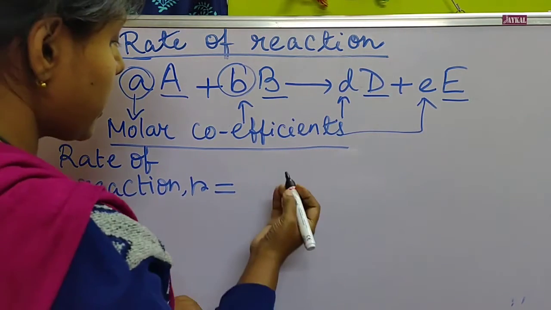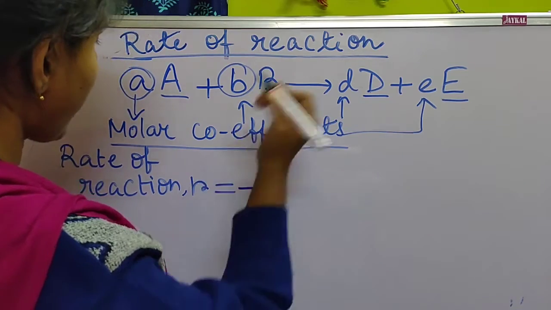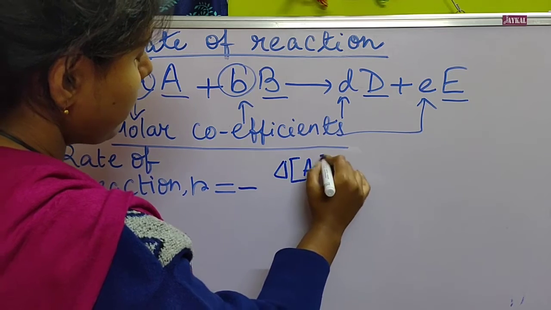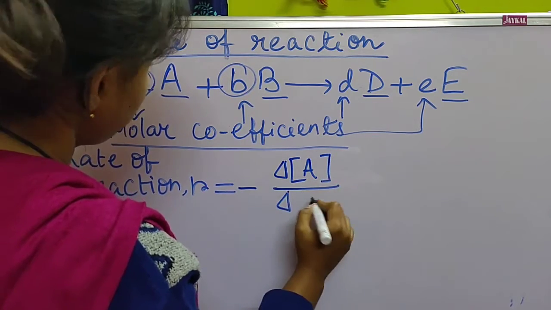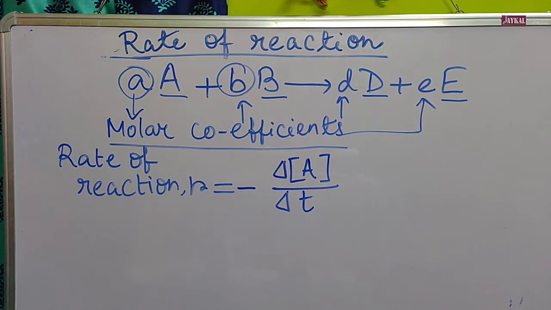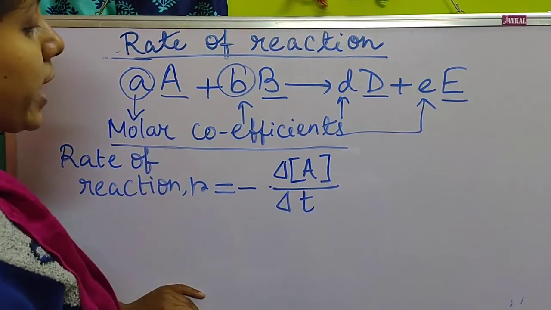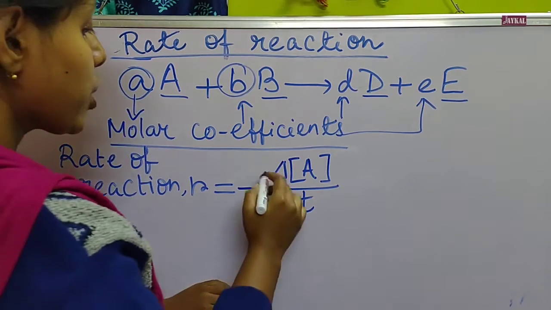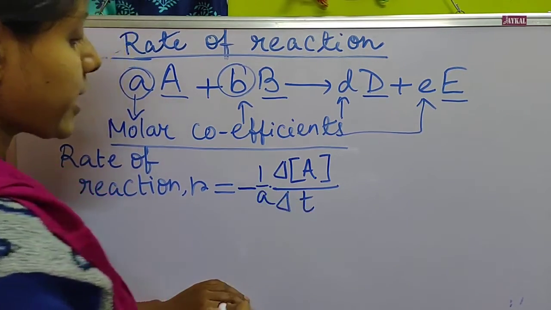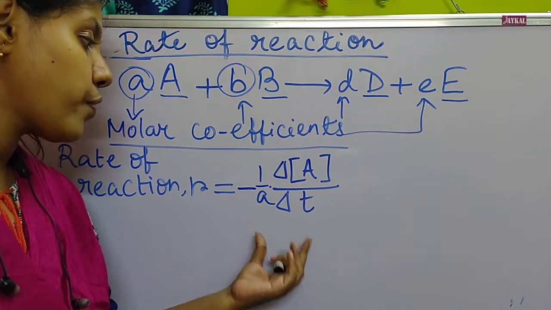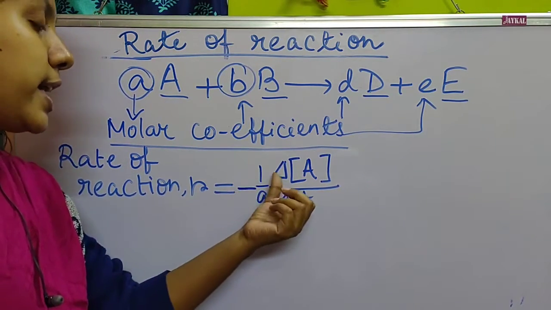So when we express it in terms of A, we write minus delta A by delta T. Delta T is a certain time required for the reaction. Now, the molar coefficient is a, so that will also be written in the expression as minus 1 by a. So the complete expression in terms of A is minus 1 by a delta A by